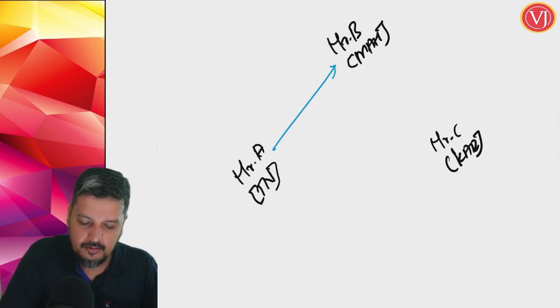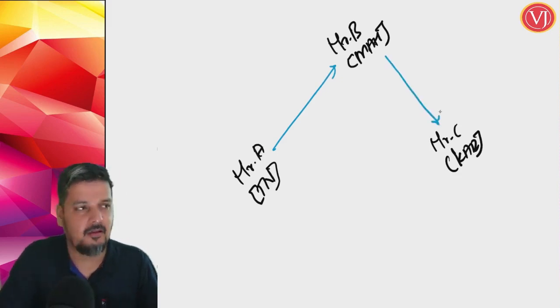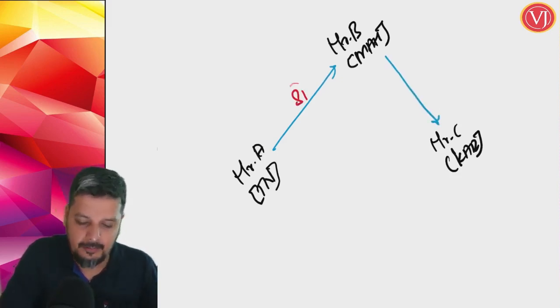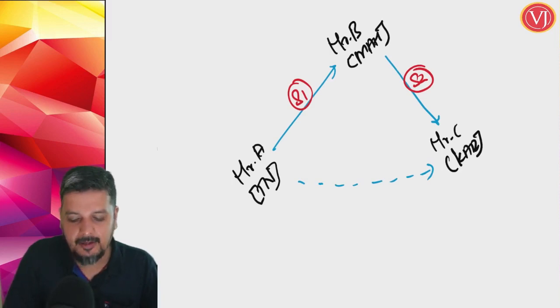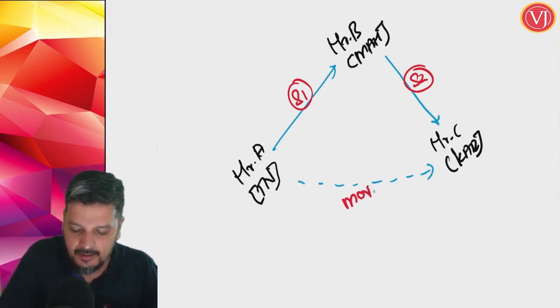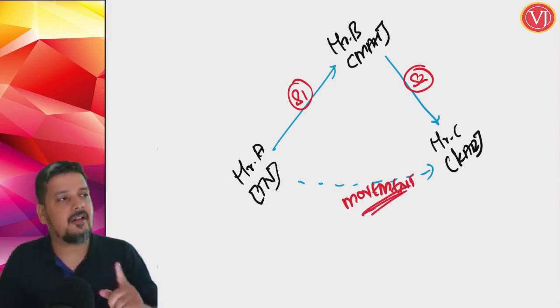Correct? Now, how many supplies are there? Supplies are 2. Supply 1, supply 2. How many movements are there? Directly the goods are moving from Tamil Nadu to Karnataka. So, movement is only 1. There's no contract between A and C. There's only movement. B has ordered. Now, let us evaluate about